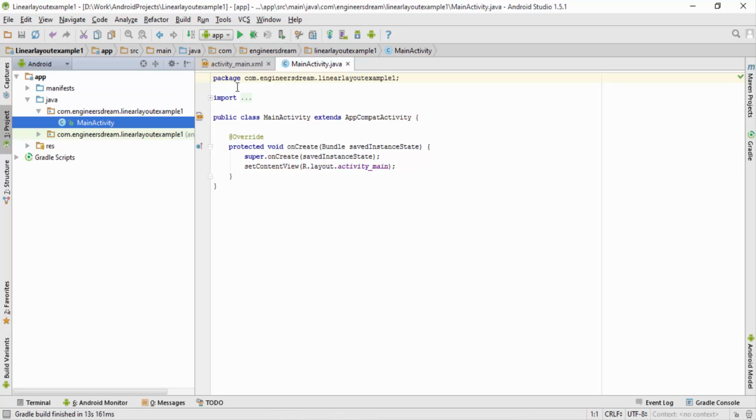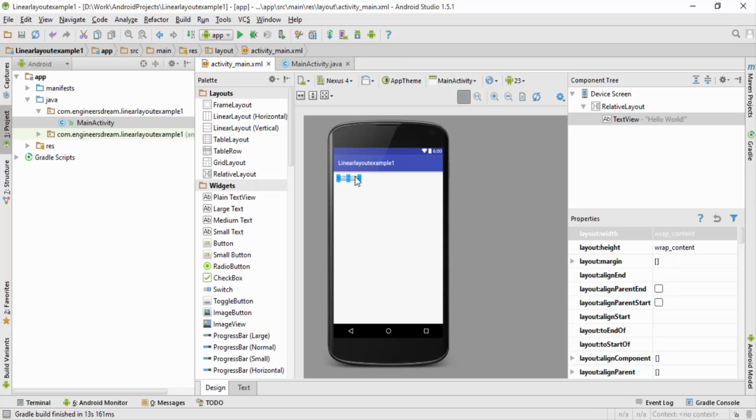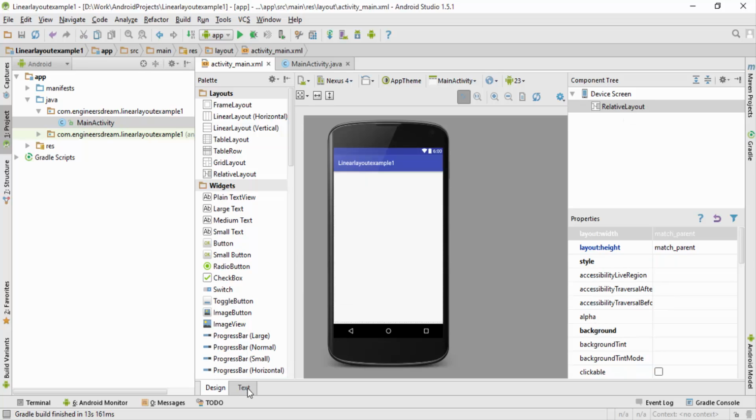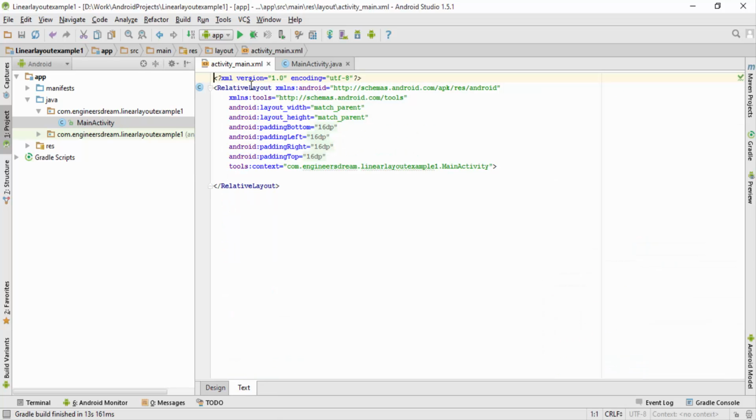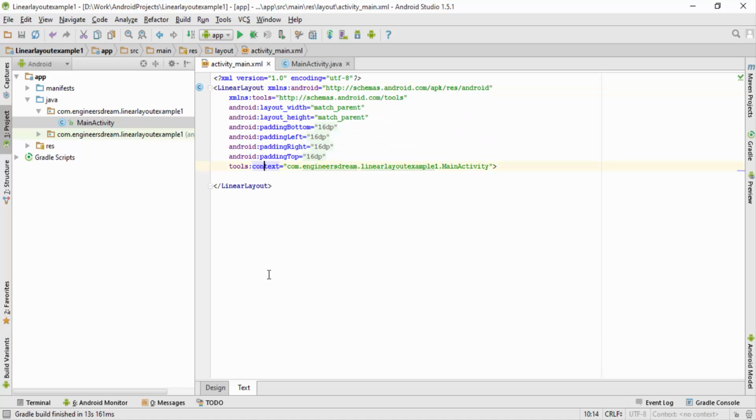Once the application is created, I'll click on activity main.xml, and this time I'll delete the hello world text. Next, I'll go to the text tab, and instead of this relative layout, I'll rename this relative layout with the linear layout. So I've given this a name of linear layout.